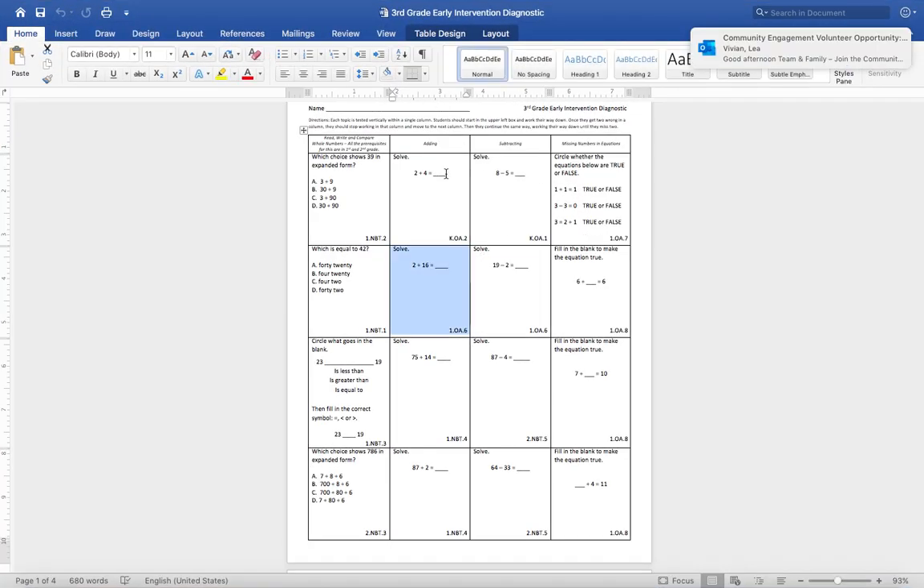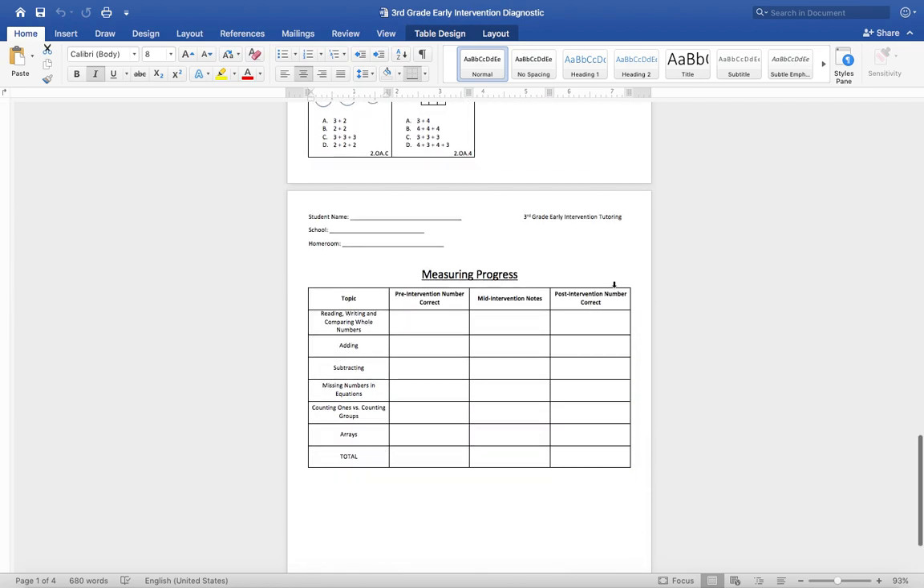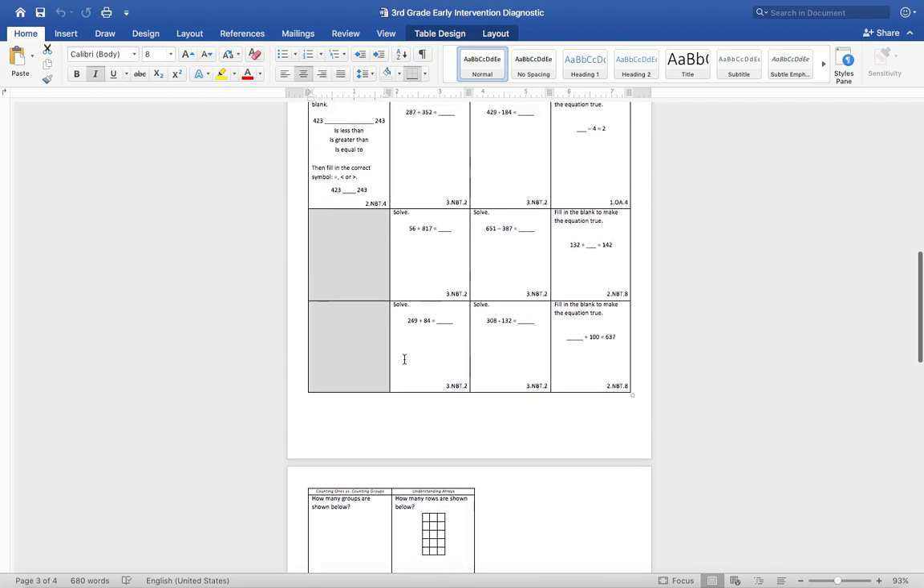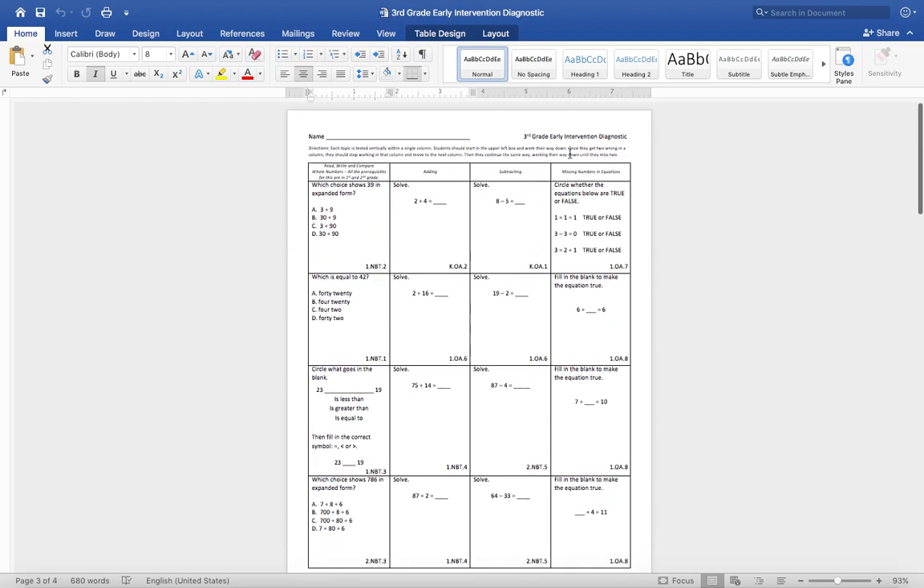So when we have the students take this early intervention diagnostic, you're going to see that across the top there are different categories that we're testing the kids in. They continue on to another page here. We are not going to have the kids do all the problems in all these categories. We're going to go through testing them category by category to see where their understanding starts and where